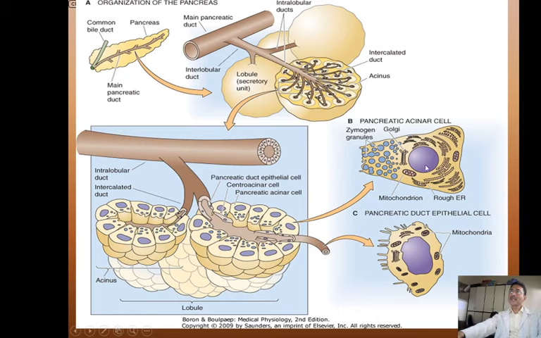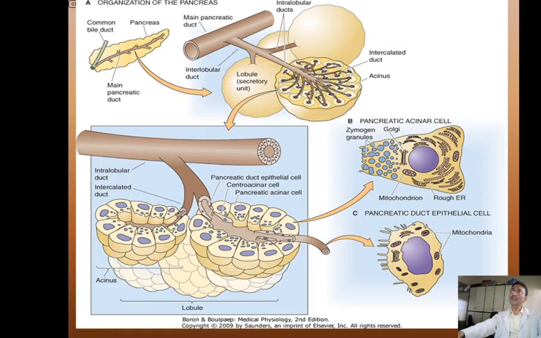So this is the acinar cell here, where you will find various intracellular structures present, where you have got the rough endoplasmic reticulum, the mitochondria, the Golgi apparatus, and the other organelles present. All these organelles together perform one main function within the acinar cells, which is the secretion of the